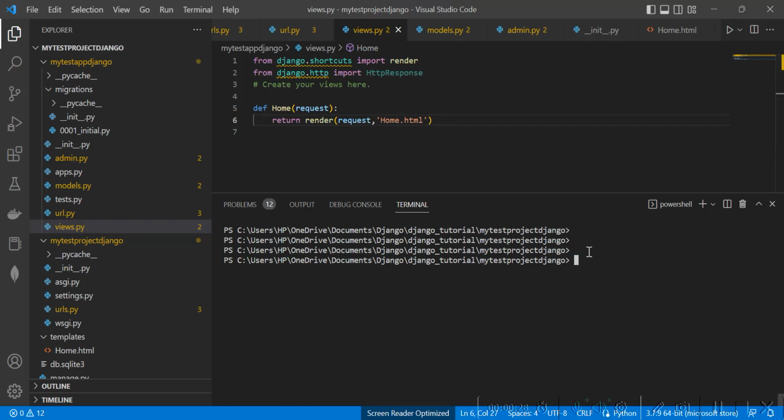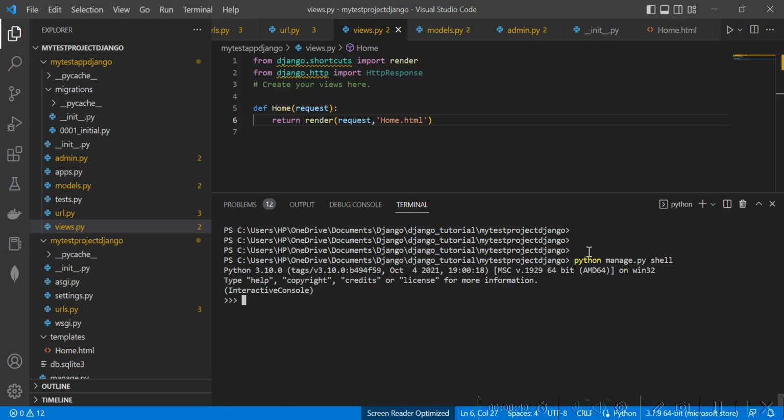So let me start the Django shell. python manage.py shell, and let me import my student table. From my test app Django dot models import student,